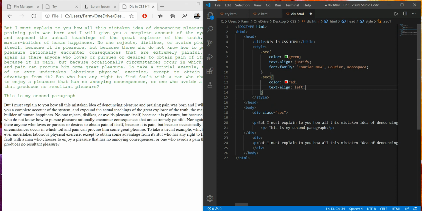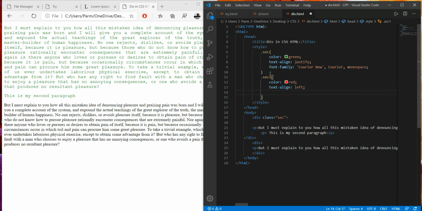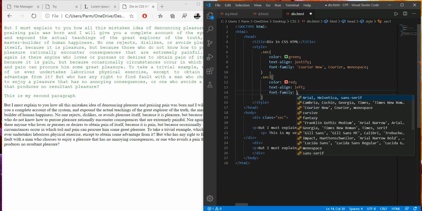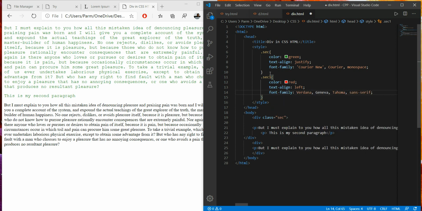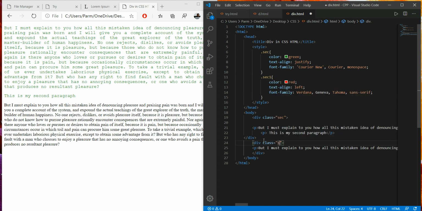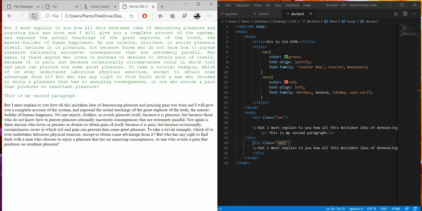By default the text alignment is always left, and here we use font-family. We have taken this font family, save this and apply this to this region. For that I have to use class, and the name of the class is section1. So just save this and refresh it.